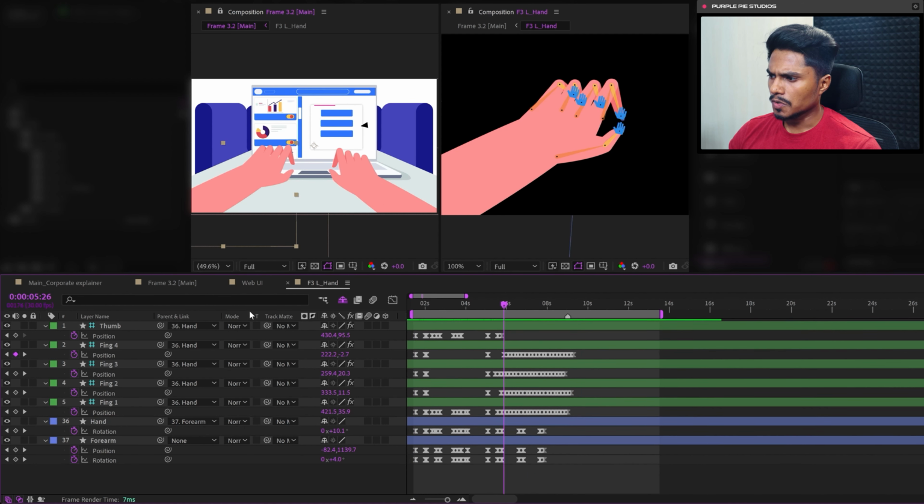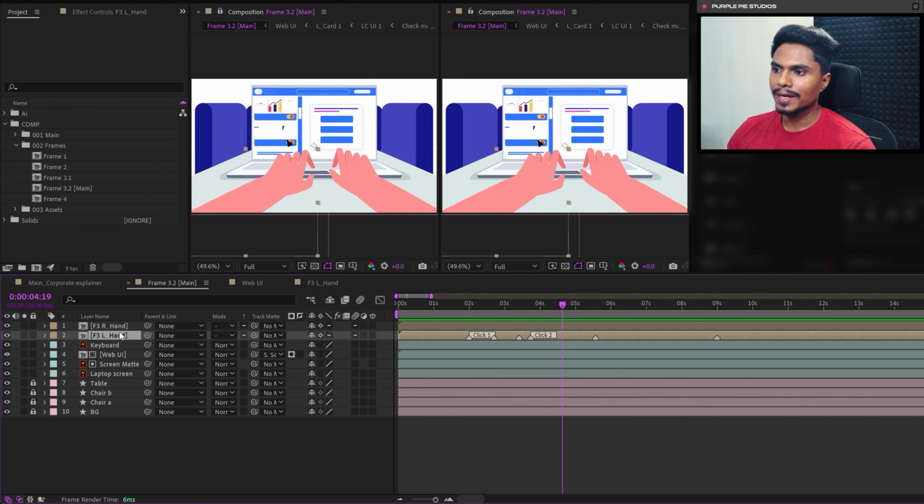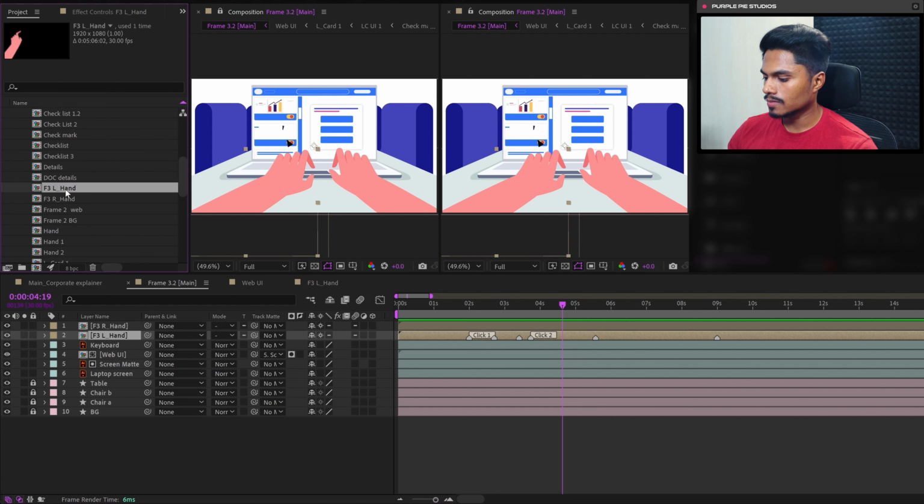Okay, so this one looks good. Now to animate the other hand, we don't really need to reanimate the whole process for the other hand. We can simply go here in the asset and find the composition of the left hand. So here is the left hand, and let's rename this